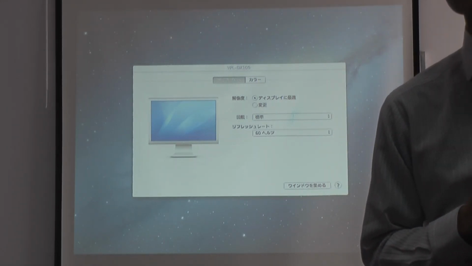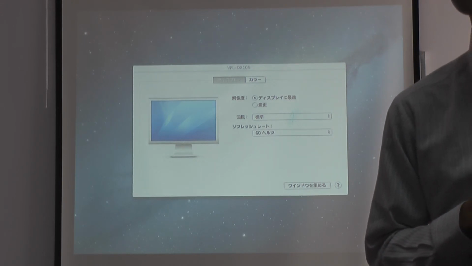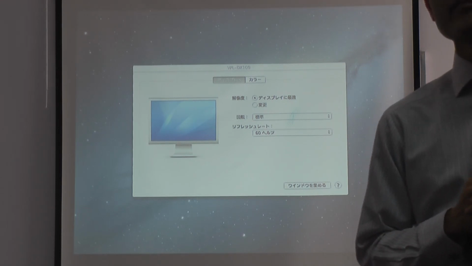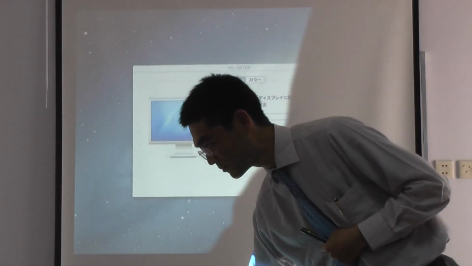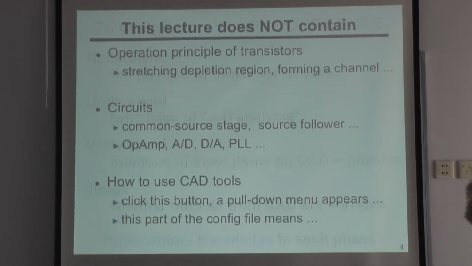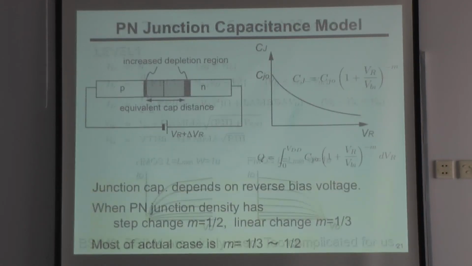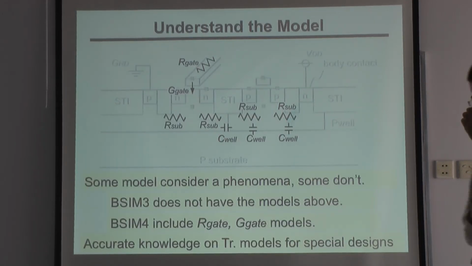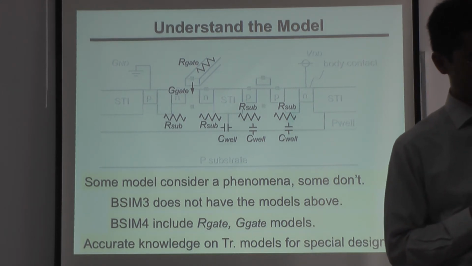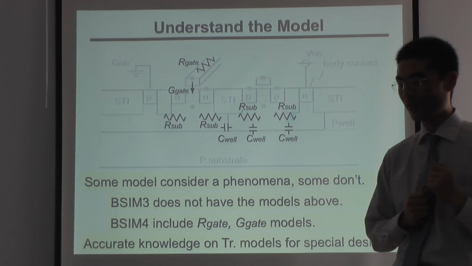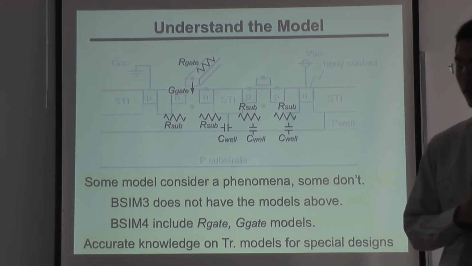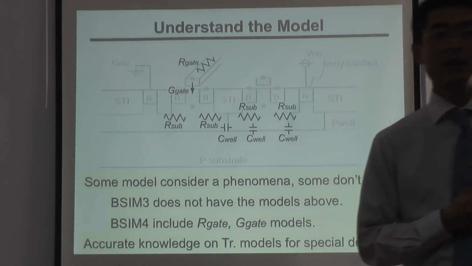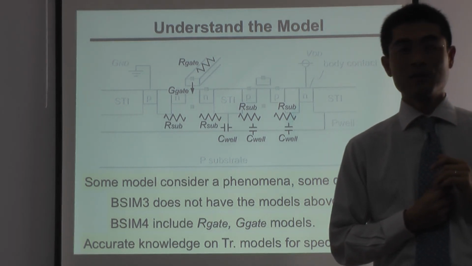For example, the BSIM3 and BSIM4, what is the disadvantage of the BSIM4? BSIM3 is used maybe until 0.13, and under 90 nanometer or 45, 28, we usually use BSIM4 because